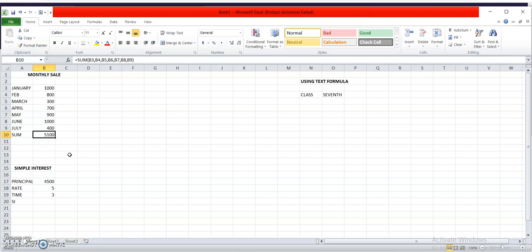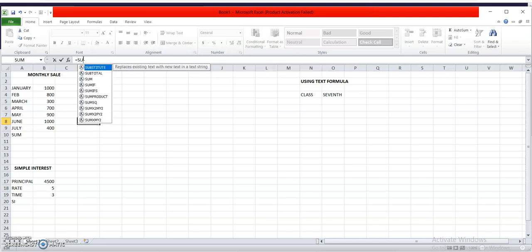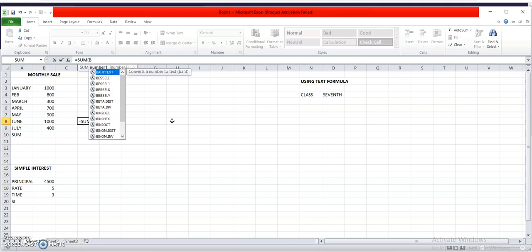Let us see the next concept to find the sum. The same procedure if I want to calculate the sum from January B3, again B4, again B5, again B6. If I simply write down the range, how can I specify the range in the spreadsheet? First of all, equals to sign, then the name of the function that we are going to use, then bracket start, name of the column, then name of the row.